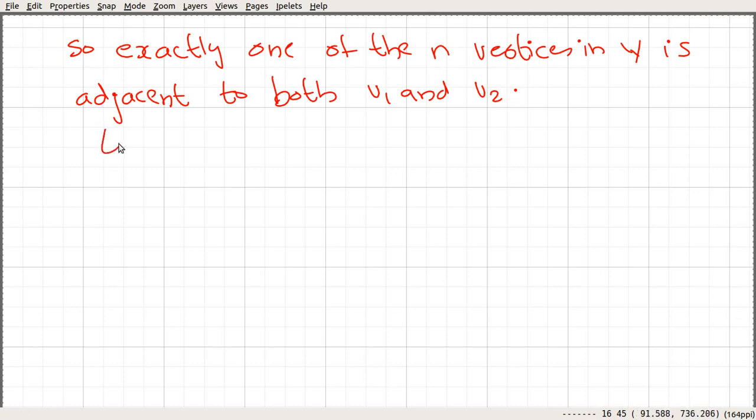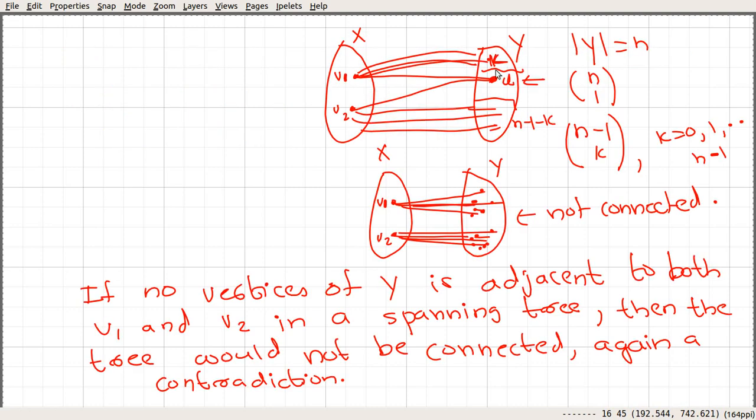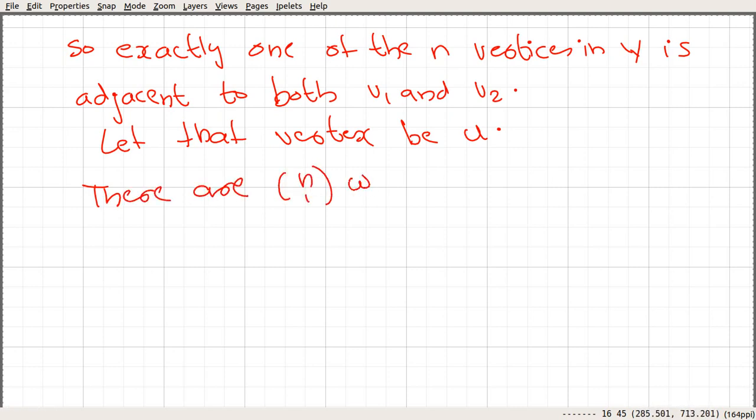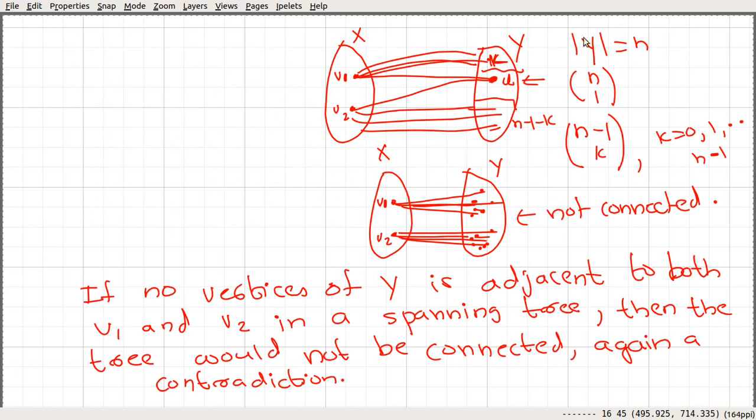Let's call that vertex U. We can choose this vertex in n choose one ways. Then, after that, if we fix k, we choose k elements from the remaining n minus 1, and we make those vertices adjacent to V1 and the remaining adjacent to V2. This k could be 0, 1, 2 up to n minus 1.